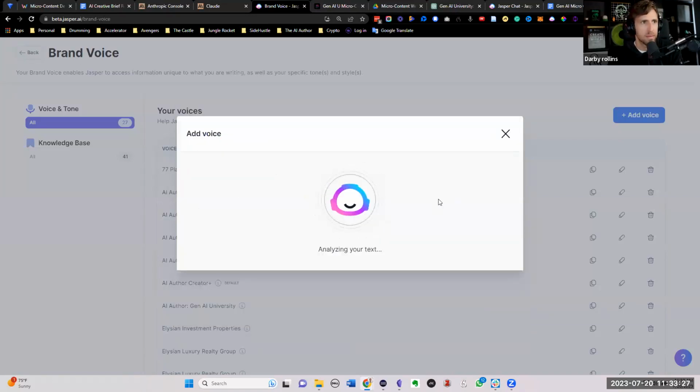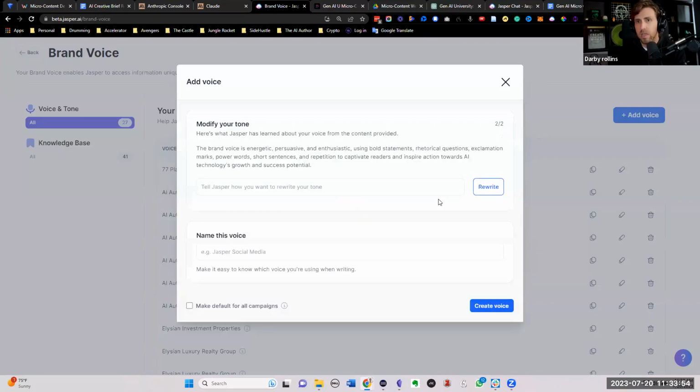And Jasper's going to go scan and analyze that site, whether it's your website or a website that you want to reference for your own tone of voice. One example would be if you are a real estate agent working for a brokerage like Sotheby's, and you want to keep Sotheby's brand voice and how they're portrayed and what the content's like on their website in your own marketing. You could have Jasper scan Sotheby's website and then analyze the tone of voice, and then you can modify it